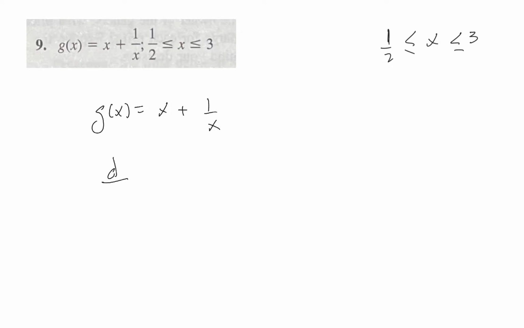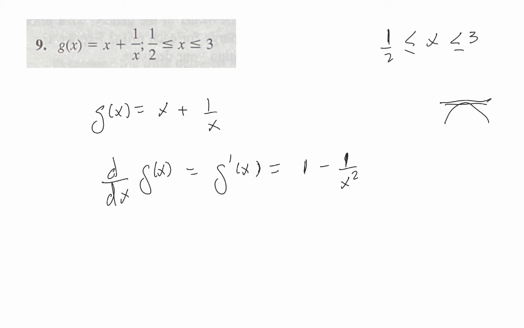What is the derivative, g prime of x? Well, what is the derivative of x? It is 1. What is the derivative of 1 divided by x? It is minus 1 divided by x squared. So we are looking for the points x where the slope is 0. These are the relative maximum or minimum, here or here. So we say when g prime of x is 0,